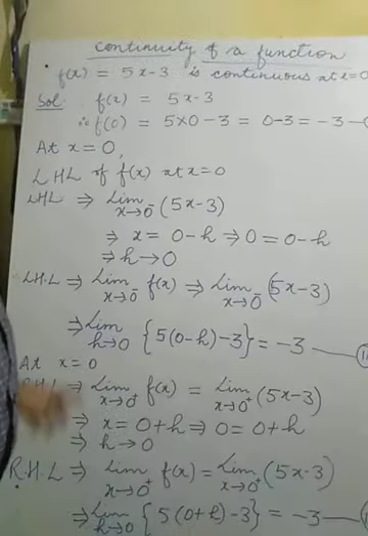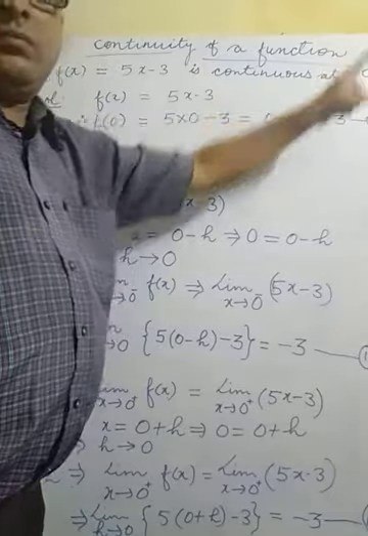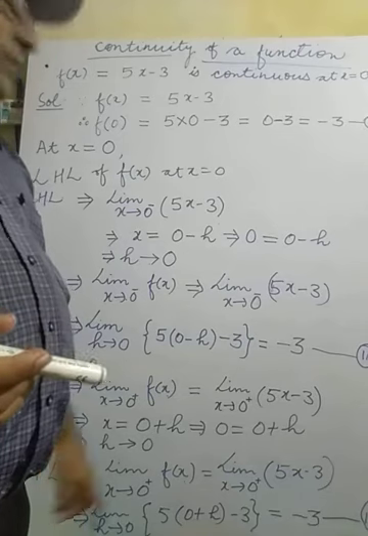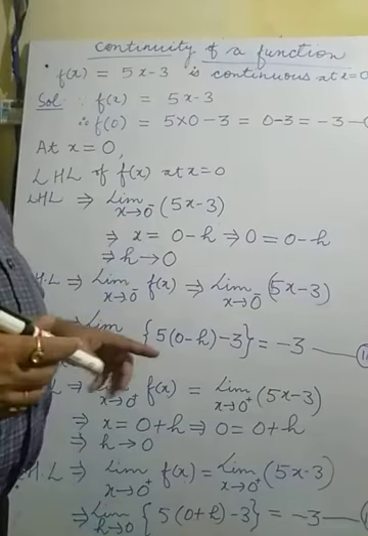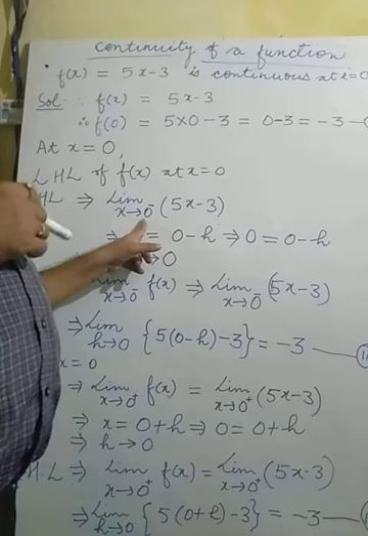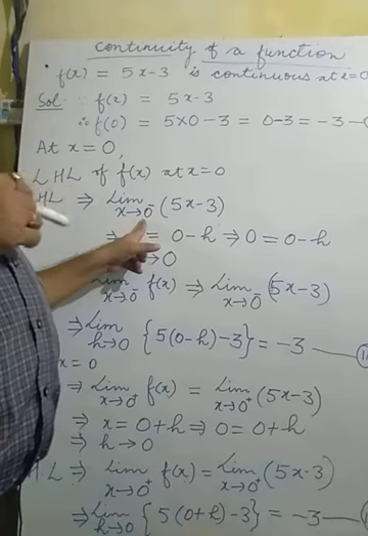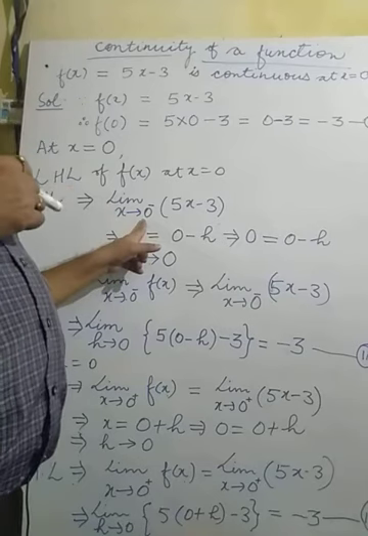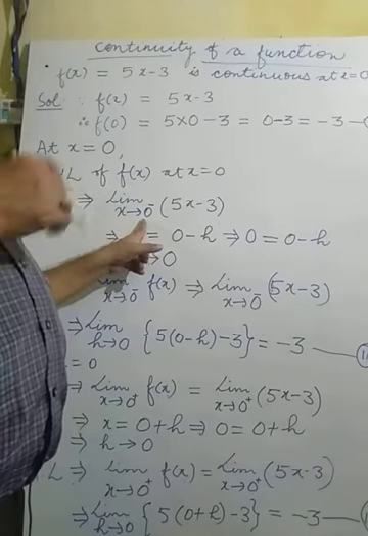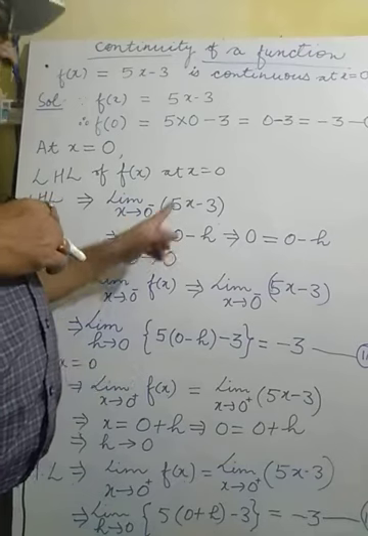You may observe there. So how can we calculate the limit as x tends to 0? Limiting, we are not taking exactly 0, and it will be 0 minus. Left hand limit means the value of x will be taken less than 0. While left hand limit is being calculated, the value of x is less than 0. It will be 0 minus h, where h is positive, so it will be less than 0. So we have to calculate this limit: x tends to 0 minus of 5x minus 3.